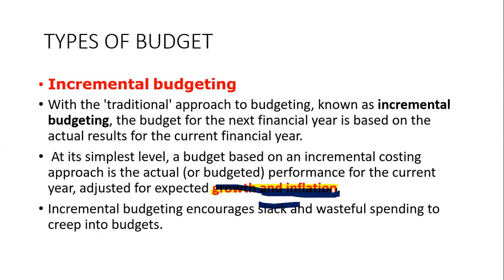I don't want to talk about the other three budgets now. Fixed, I need to talk about while I do a question. ABB, I also need to talk about while I do a question for that. And zero-based, I've said, is more theoretical because it has no real formula. It starts from nowhere. So I'd wish to stop here.